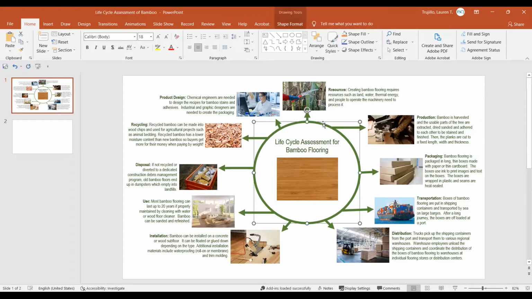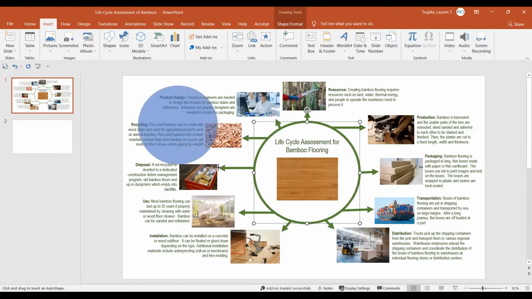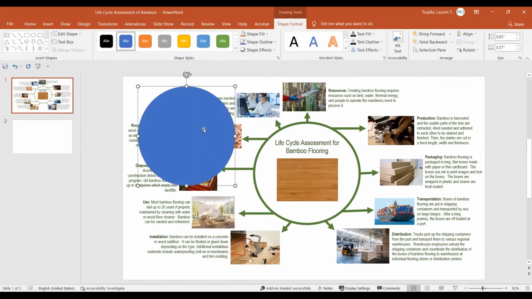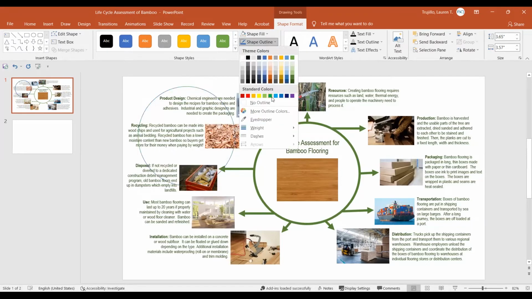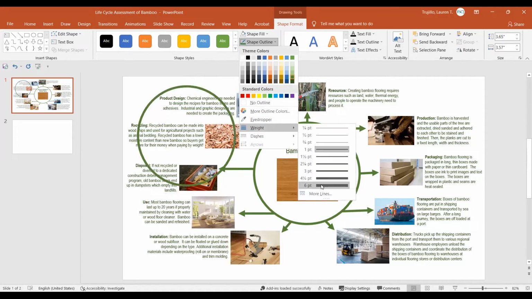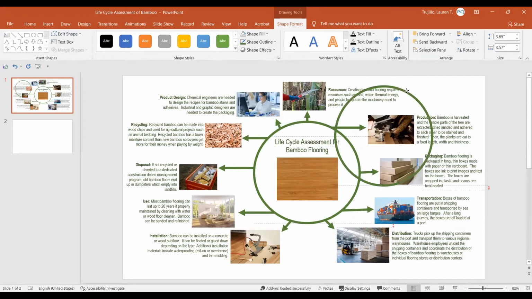In order to create a shape, all you do is go to Insert, and we go to Shapes, and then we'll grab this circle right here. And then you can just click and drag like I did here. Then you can go to Shape Fill and hit No Fill. You can go to Shape Outline. I selected green, but you can select any color you want. And then you can also adjust the line weight or the thickness like that. So I created that and then moved that over here to the center, as you can see.